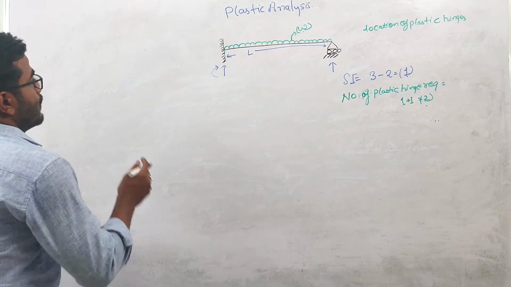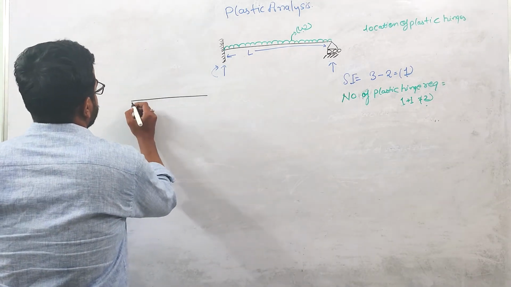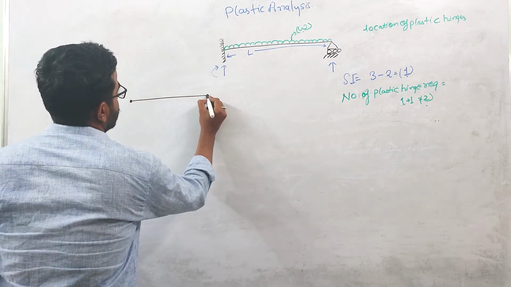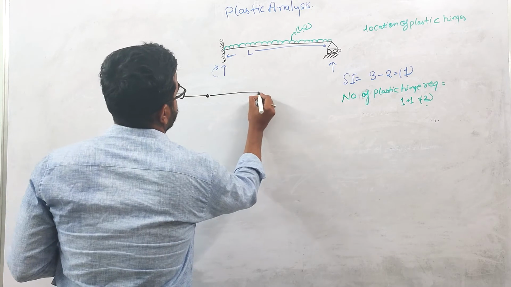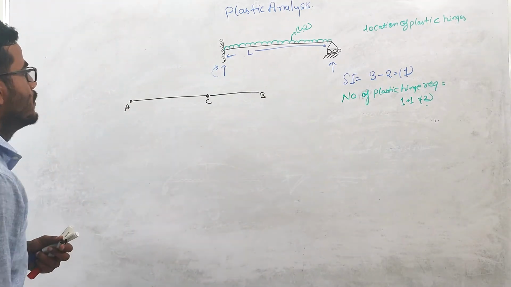So after the formation of the second plastic hinge, this is the first plastic hinge, this is the second plastic hinge, and this portion is B. Let us suppose this is point C, this is point A. Okay, so